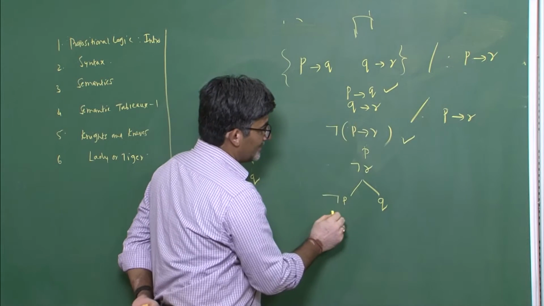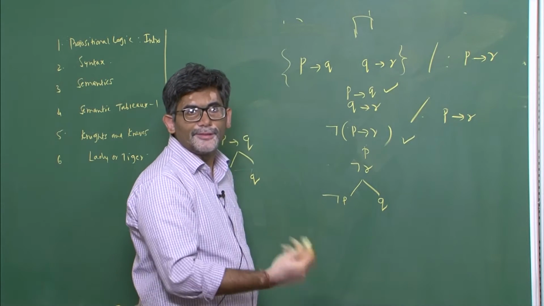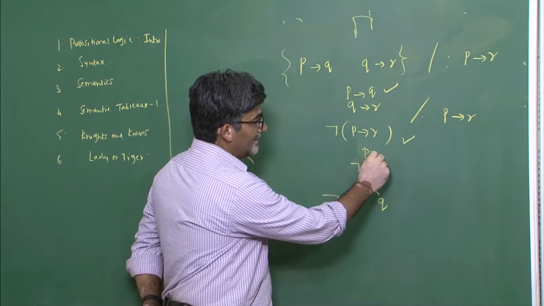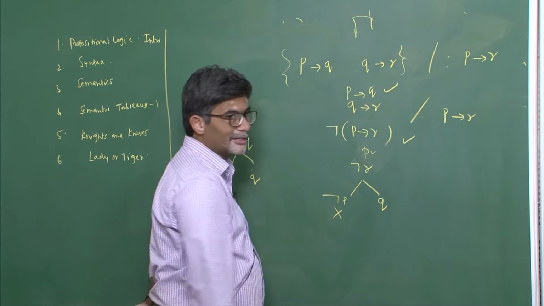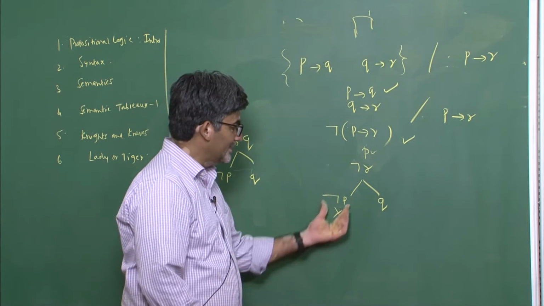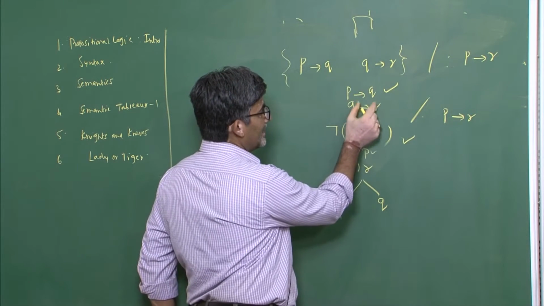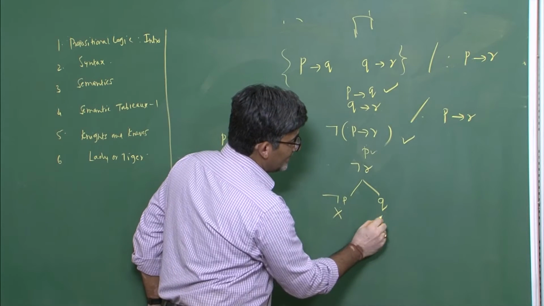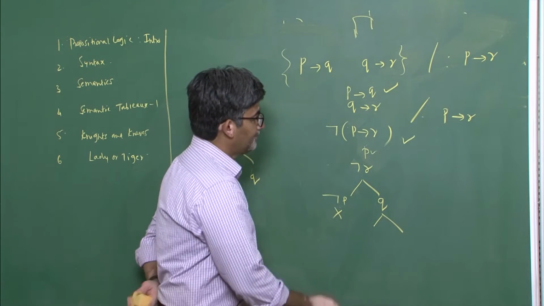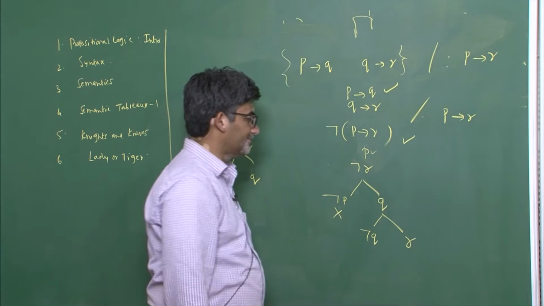Now Q implies R. Every time you apply these tableau rules, you need to see whether a literal and its negation occur in the branch. Here you have P and you have not P, so this branch closes here itself. You don't have to expand it. An inconsistent branch need not be extended further. What is left here needs to be written under whichever path is open, the open branch. So now this is not Q or R.